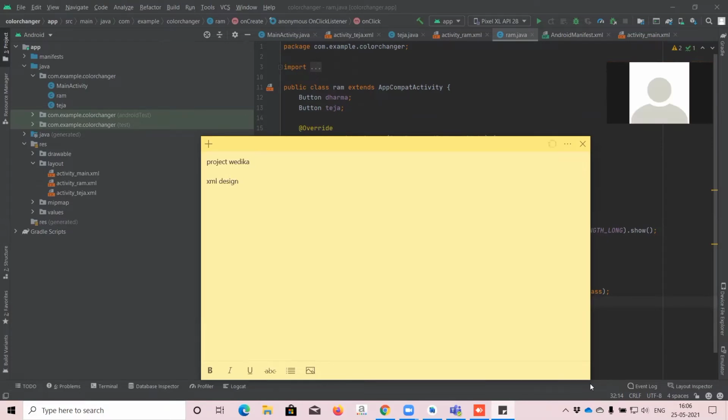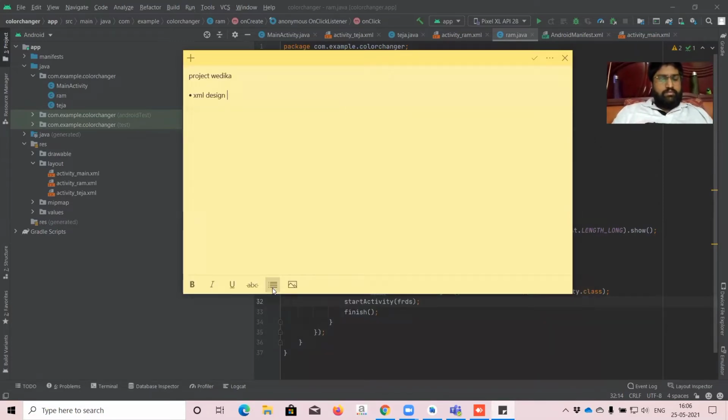So for an example, inside the XML design, we have to change the background.